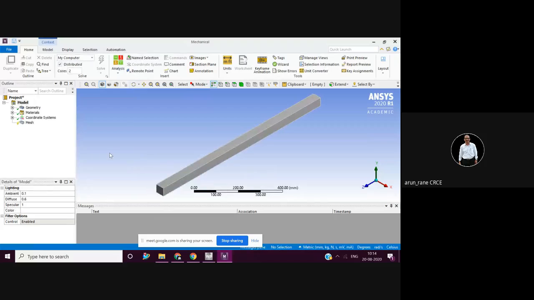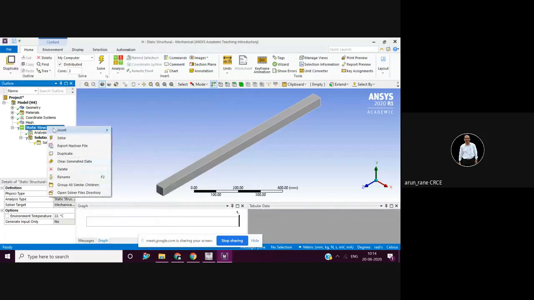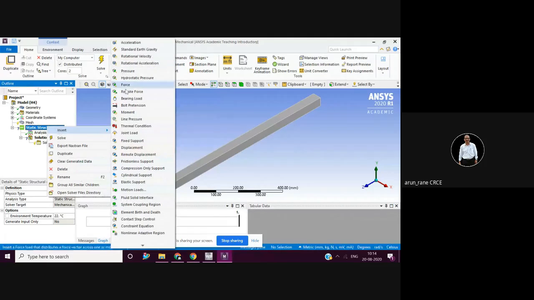Yeah. Now wait for another 5 minutes. I'll quickly complete it. Alright. So static structural. Insert. Then I'll just leave a message for Rao sir.